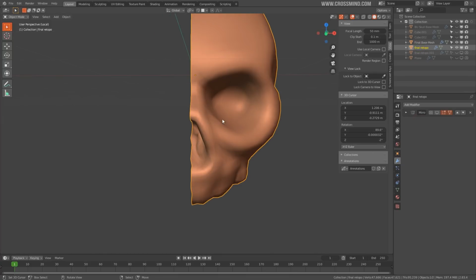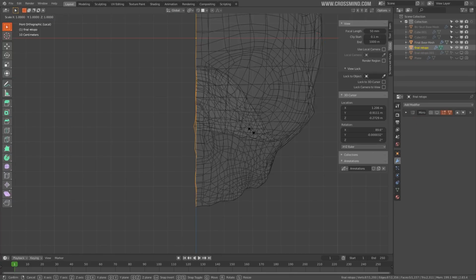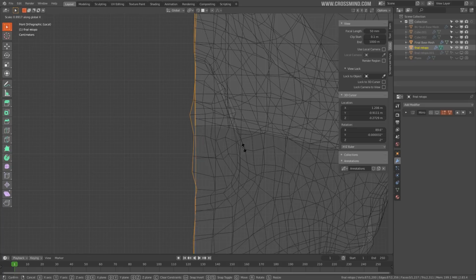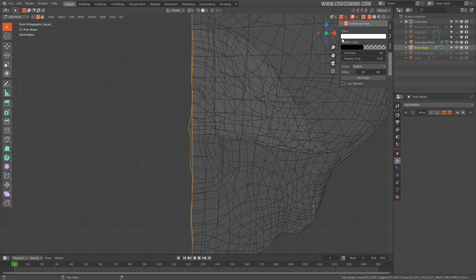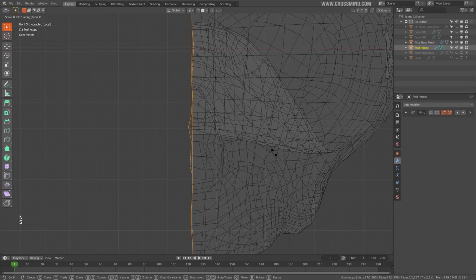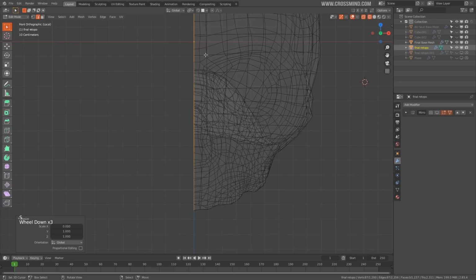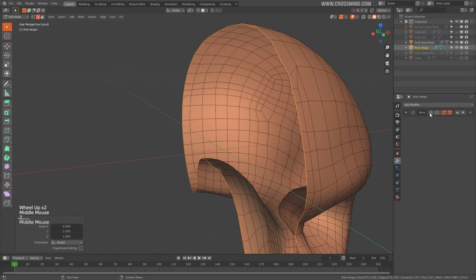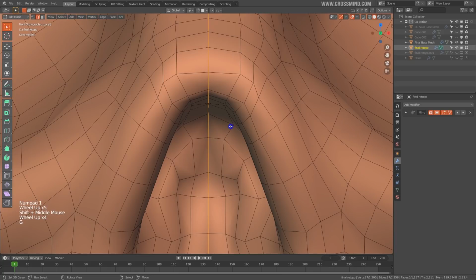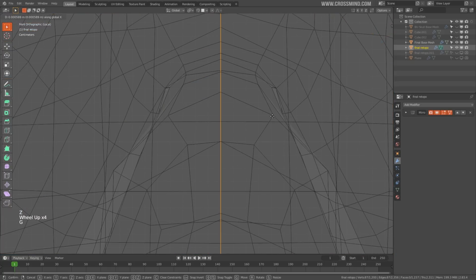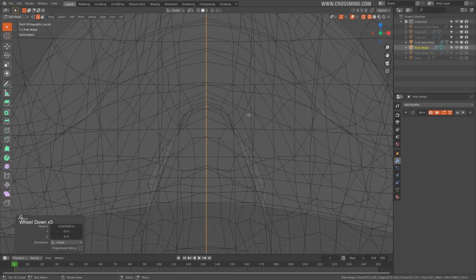Apply shrink wrap, and after that we are going to scale S X 0. So we basically scaled everything in the X direction to the value 0 so that everything is in one line. And now when we enable the mirror modifier, we just need to make sure that everything is properly closed,